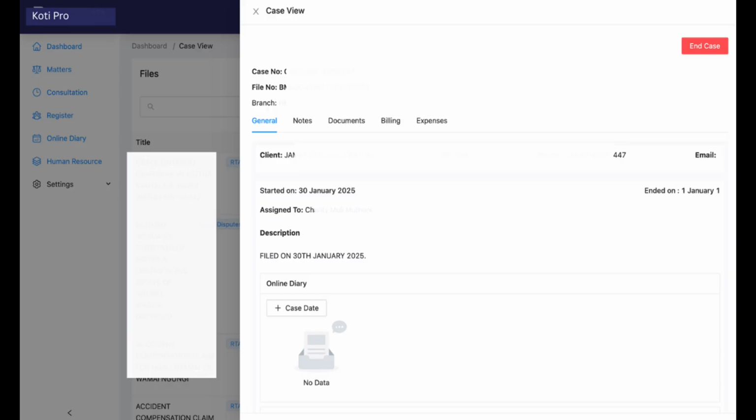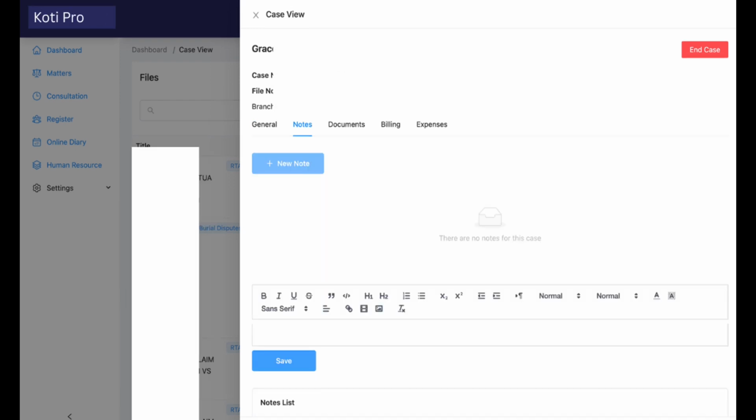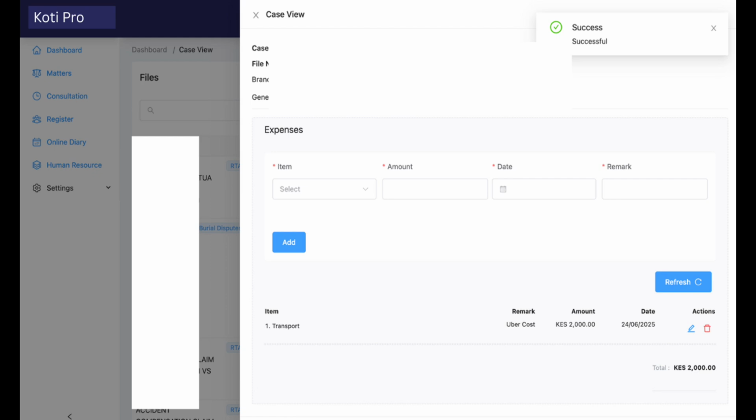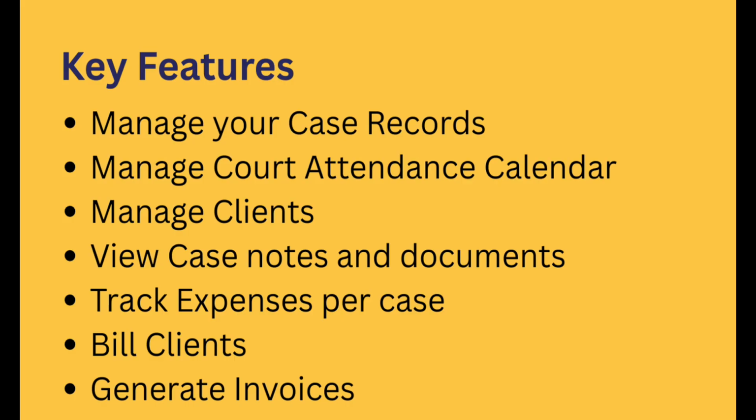You can also view the case notes and any documents that were sent from the court. This is very important for when you're viewing the case history and you want to know what happened exactly. Case notes can also be added on the system. You can also track expenses for every case. For example, in a specific case, you can say that this amount of money was spent directly to transport, Uber costs. You can add those things, and from that expenses list, you can also use it to create an invoice